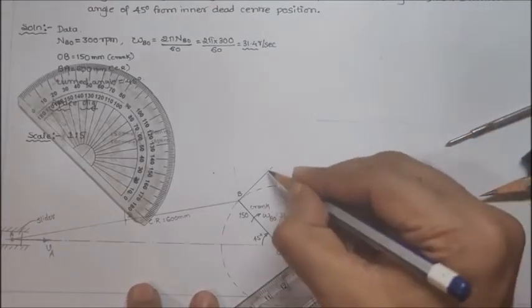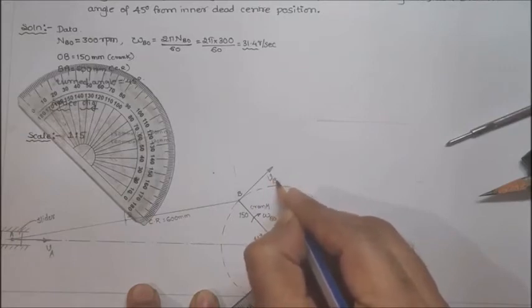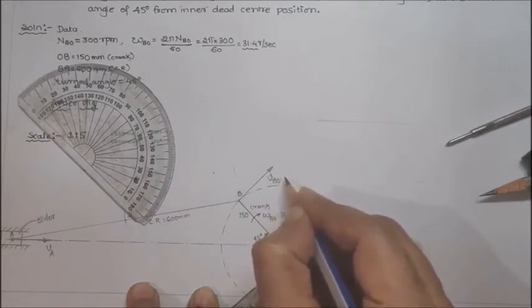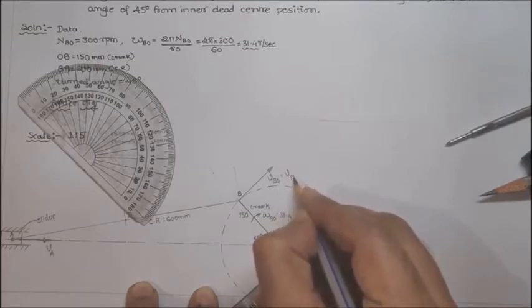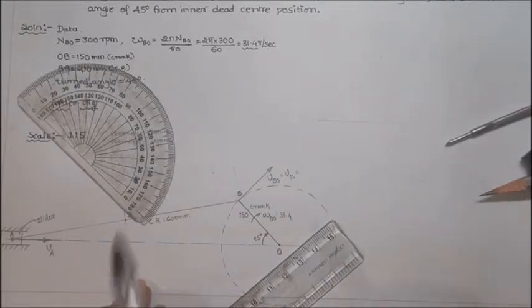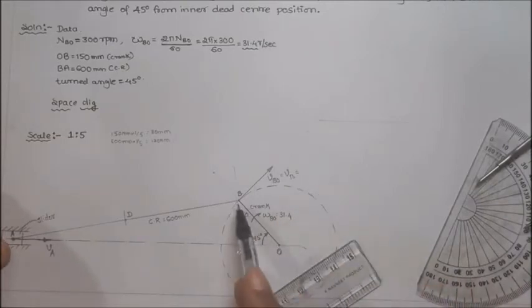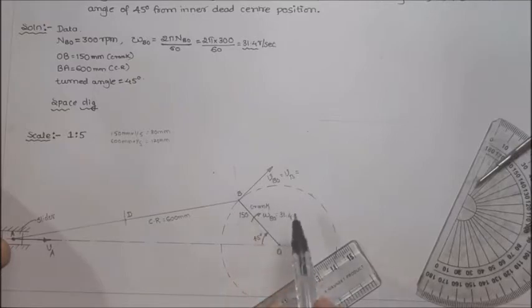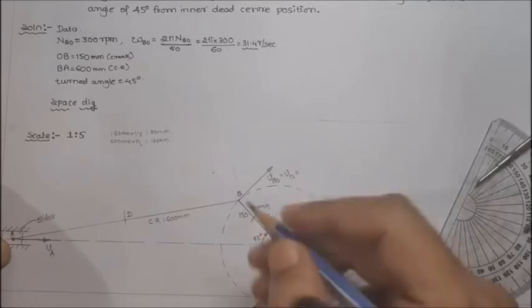So this one is represented as velocity of B with respect to O. So this needs to be found out, or velocity of B. This has to be found out. How can we find it out? For that we have to do a small calculation. Since the length of OB is known to us, velocity of B or OB will be equal to omega of BO into its perpendicular distance or its radius.